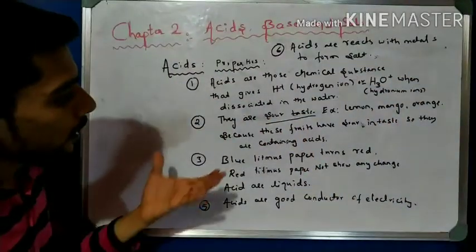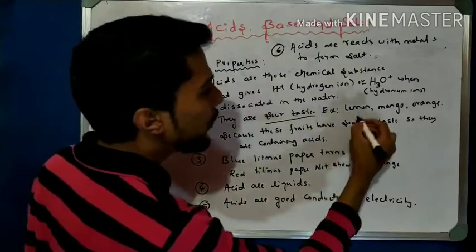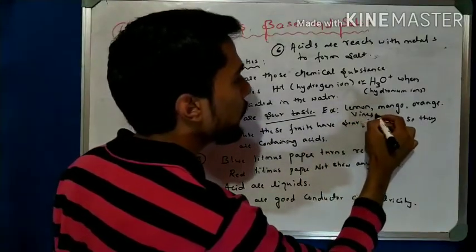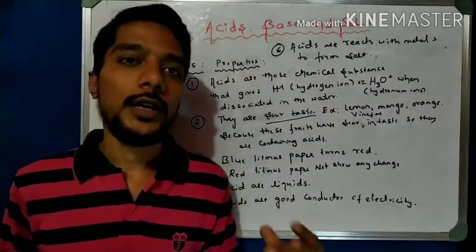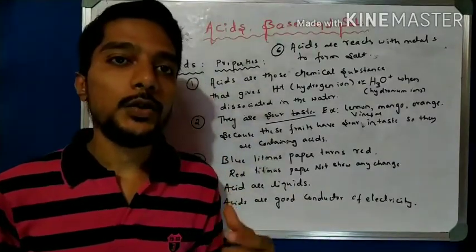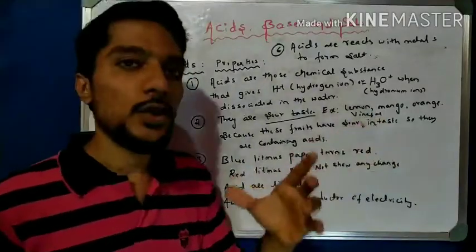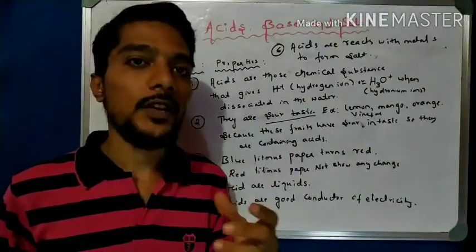Another important one I forgot is vinegar, also mentioned here. Vinegar is used in foods like gobi manchurian and in finger chips. It is also used in mango pickles for preservation.